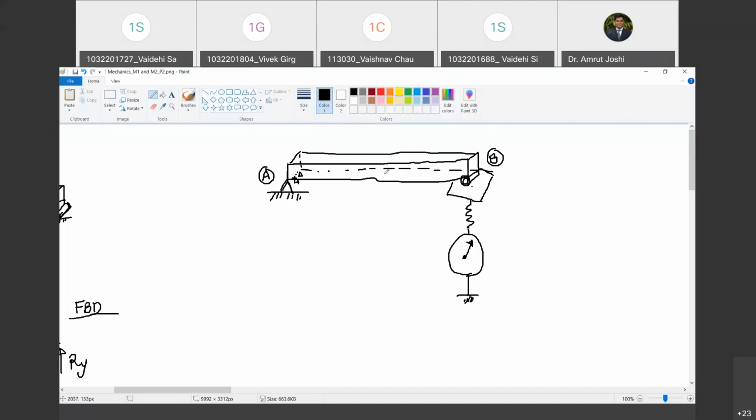So therefore that own weight must be supported by reaction at A and reaction at B. I hope you agree with me. Right? Yes, sir. So corresponding to its self weight, you are going to have some initial reading. Happy? Yes, sir. Okay. So that initial reading, I am going to call it as, let us say, R0. So what is R0? R0 is initial reading.